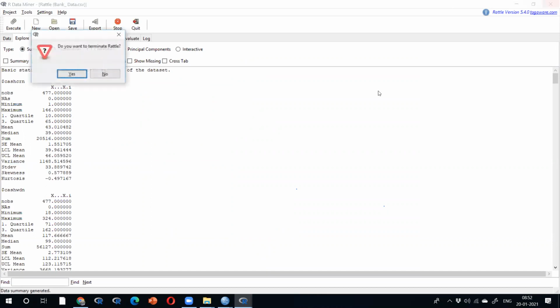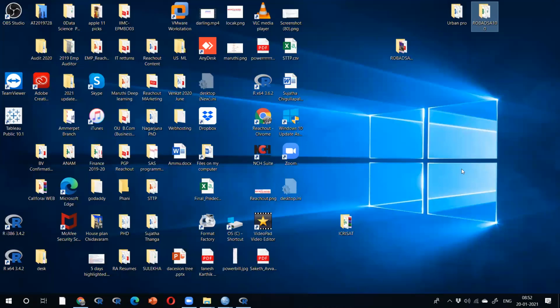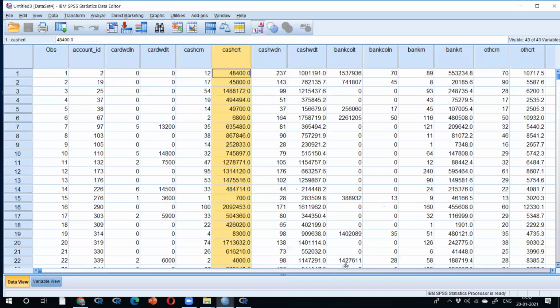So now I'm closing all of this. Come back to SPSS. So now 25% subject we have. If I give this data, how can you do data validation? You're doing data validation right now.